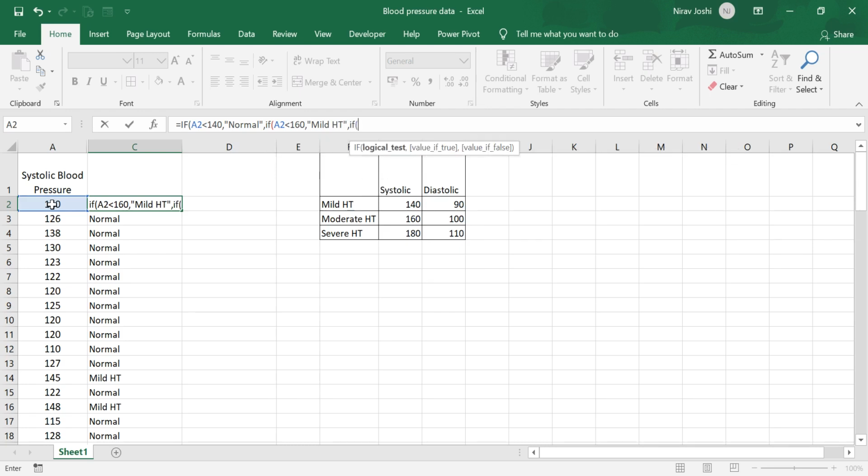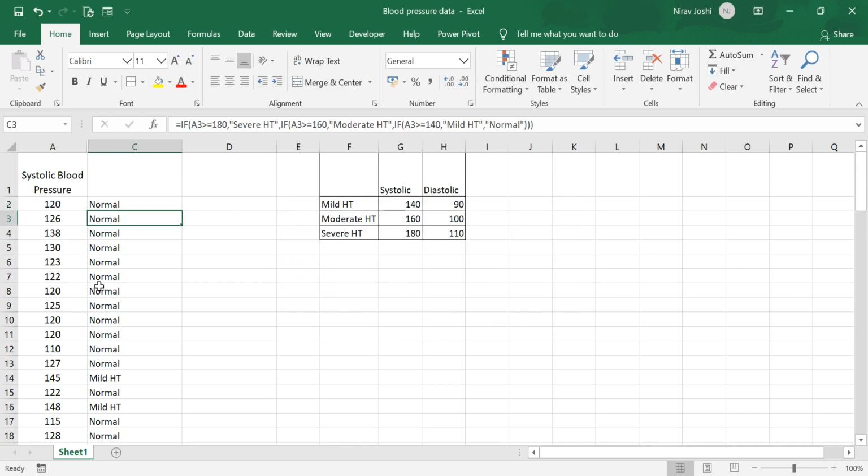The third one, if this is less than 180, then it is moderate hypertension. Otherwise it will be severe hypertension.